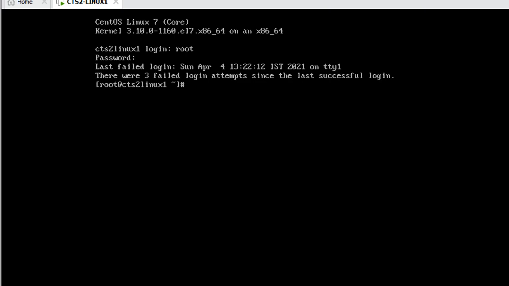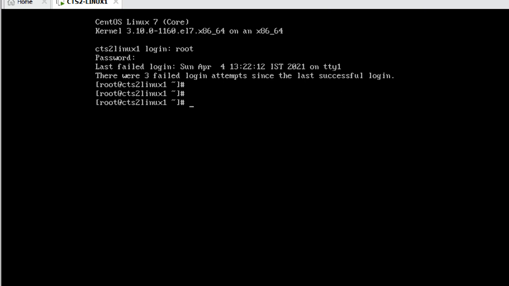Typing mistakes are there. Small letters only. Don't give extra spaces, just type it and press enter. Use only a simple password, admin@123. Okay, guys, Linux is installed.